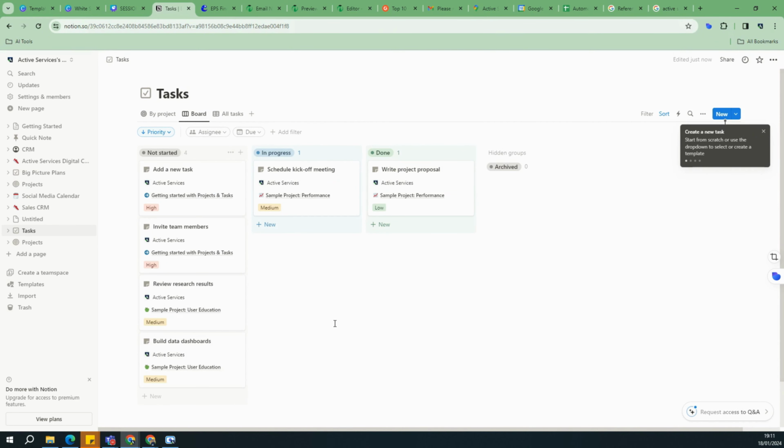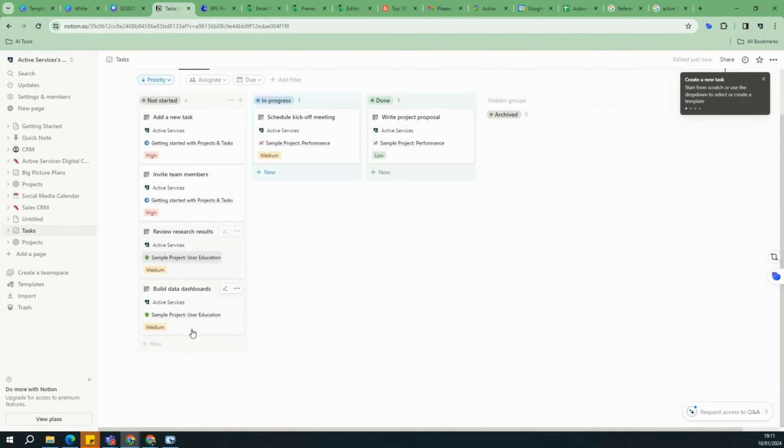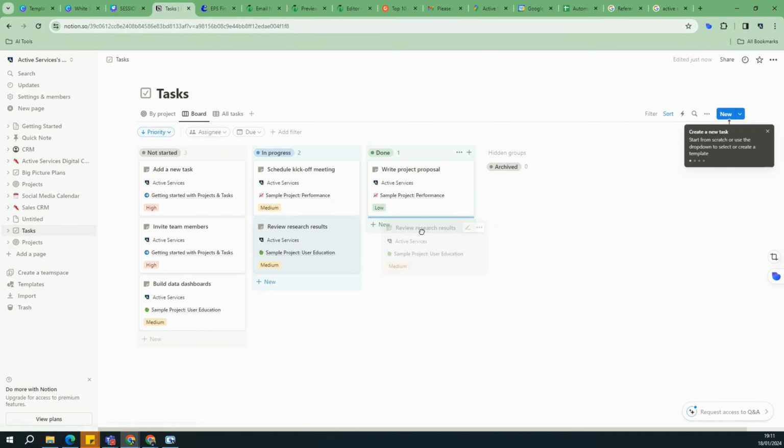So let's say there are so many tasks to do, it's very hard to keep track of all of them. You can use this and create a task in here, and then move it across when it's in progress, move it across if it's done. Another useful thing here is, let's say you have another process which is in review. So it's already in progress, but before it goes to done, it has to be reviewed. What you can do is